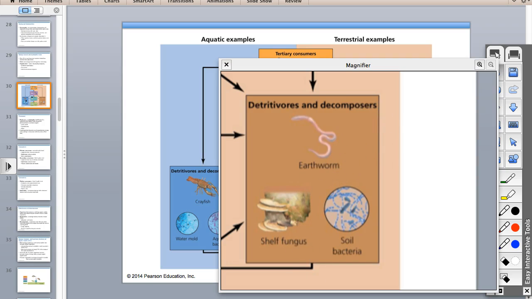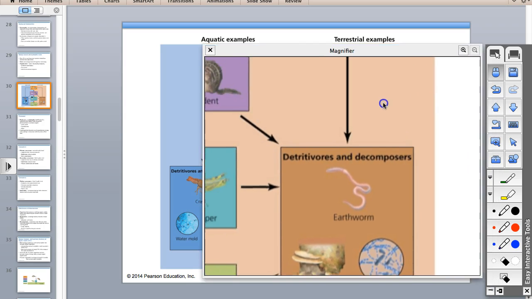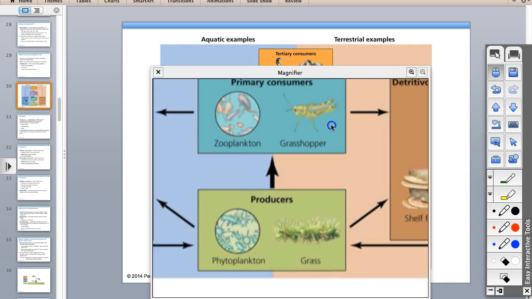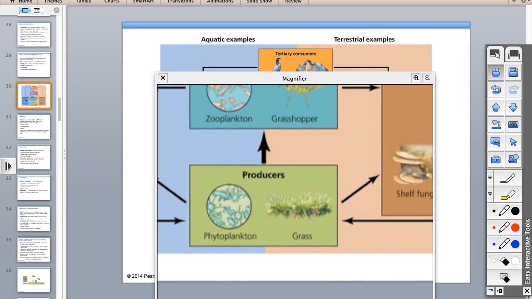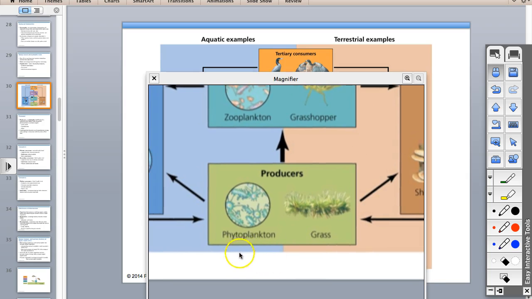Decomposers are going to be the ones that are maybe living off of the carrion. Remember what carrion is, right? Those are really important for nutrient cycles. But if we go to the bottom of the food chain, we're going to have producers. Terrestrial means a land ecosystem. You might have a plant like grass. In the aquatic ecosystem, that's where your phytoplankton are. These are little things floating around, very microscopic, but also very important.